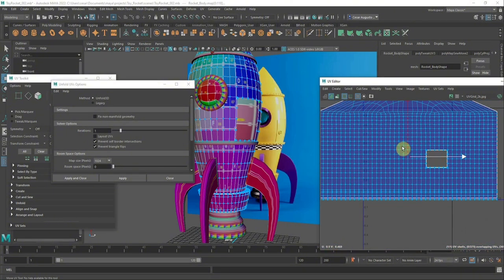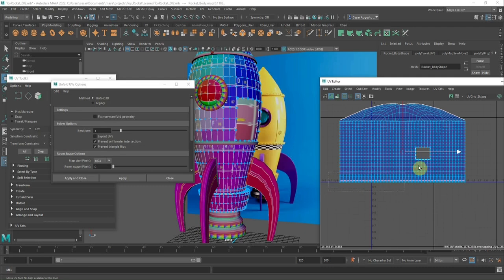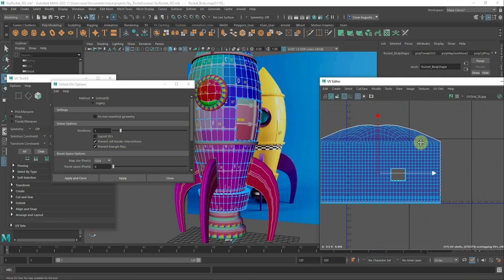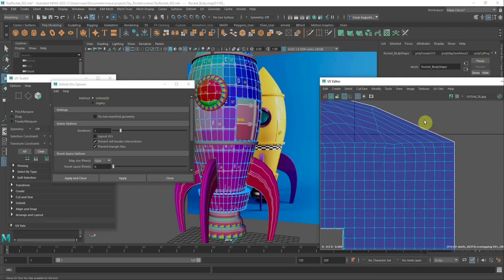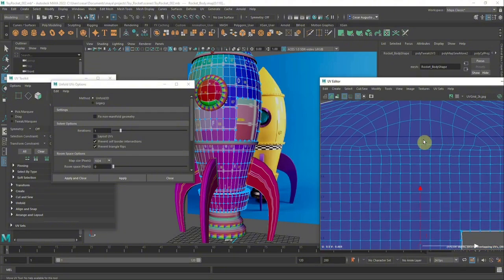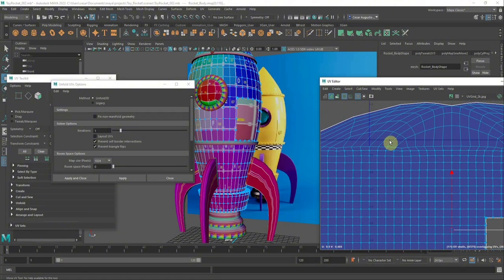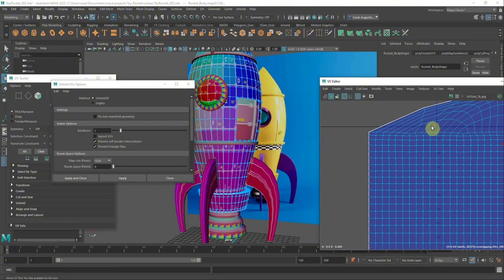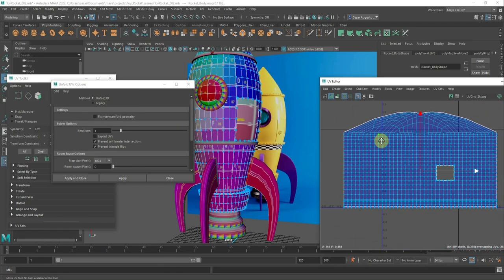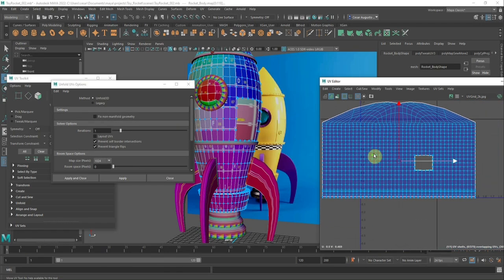So I'm going to grab all of these UVs up until there, so right before the area that I already unfolded, that top area, all of that, and I'm going to unfold this with a different method. I'm going to go to Legacy,